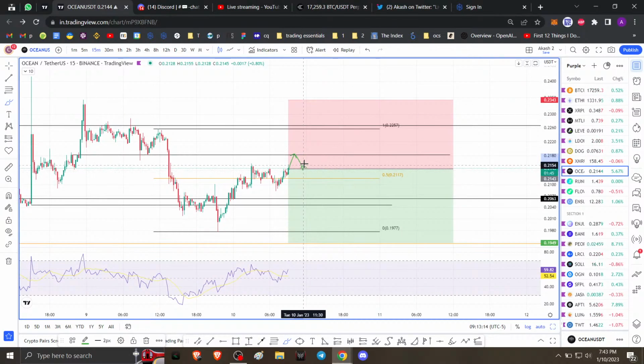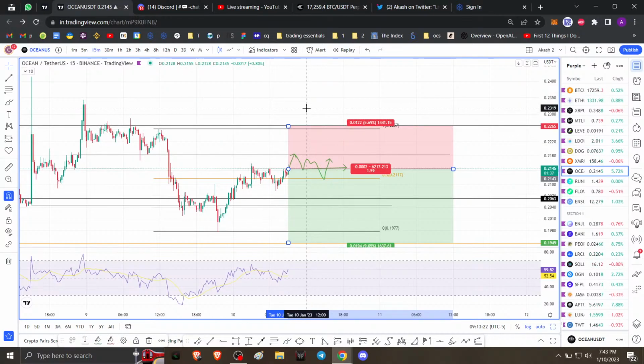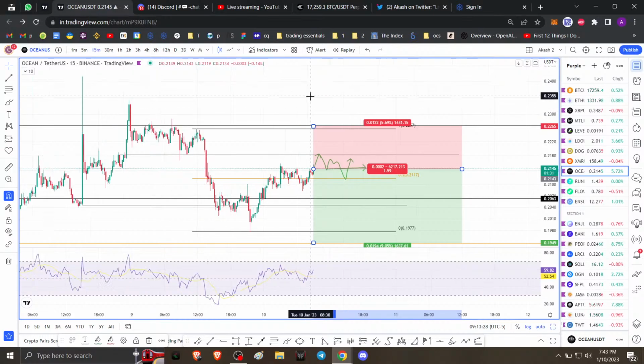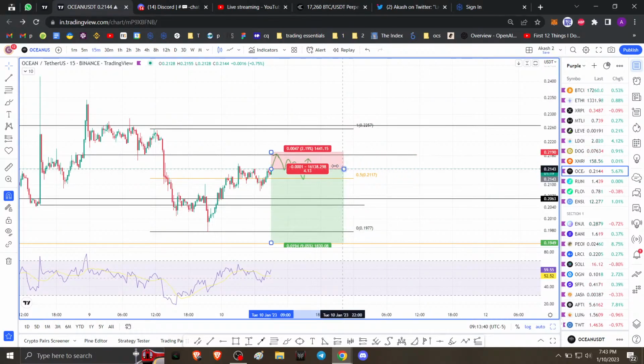and we get a market structure shift like this, then you could choose to put your stop loss here, which is extremely less risky in my opinion, because you're allowing the price to move a lot. But if you want to play it risky and reduce your exposure, you could place a stop loss around